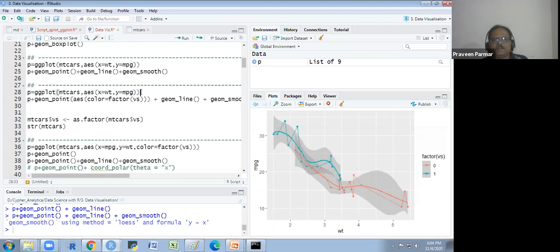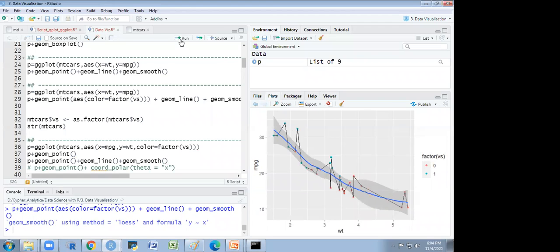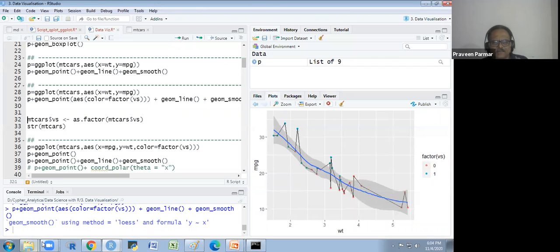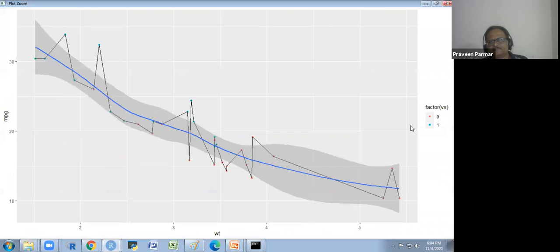Now if I run this plot again, you see, is it better than that or not? Is it good? You have the points in a different color only as per the vs, and the line is a single black line, and the smooth curve is a single one.